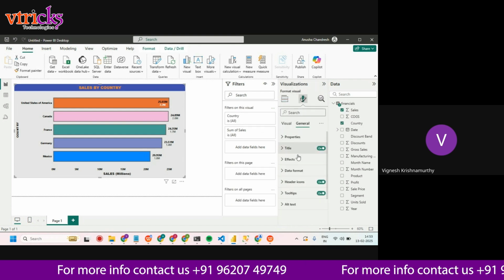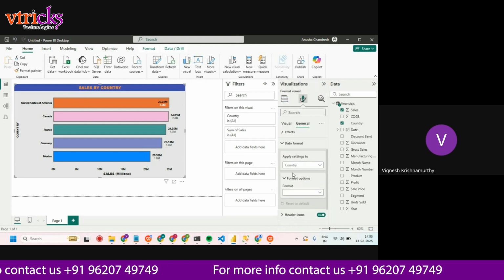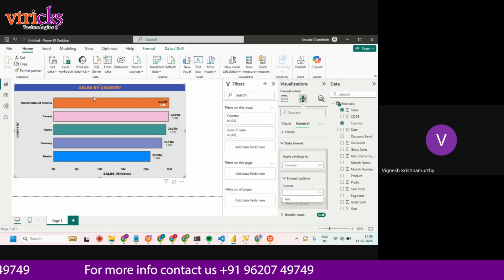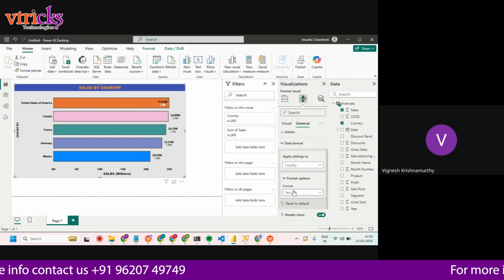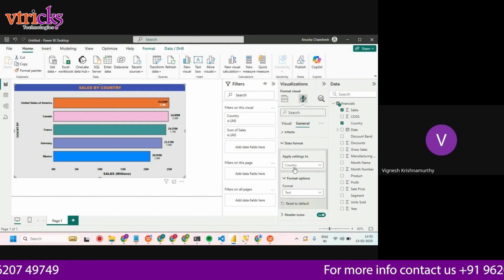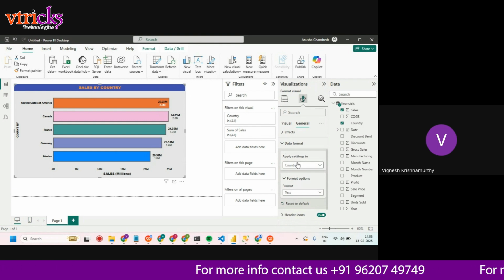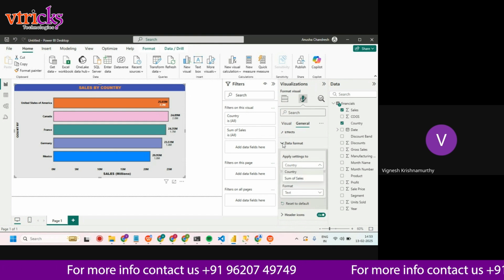And in general option again of data format you can apply the text. It's in text only, no need to provide again the countries in text. Otherwise you can format the data types based on the categorical and multiple data you have presented in